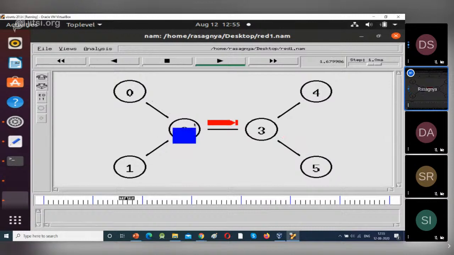So red color is CBR packet and blue color see randomly. So after when Q is reaching minimum point, it is randomly dropping the packets. First we have continuous packet drop and next it is dropping the packets randomly. See, random packets will be dropped in RED. So when Q reaches minimum point, it will drop the packets randomly. So it is randomly dropping the packets.